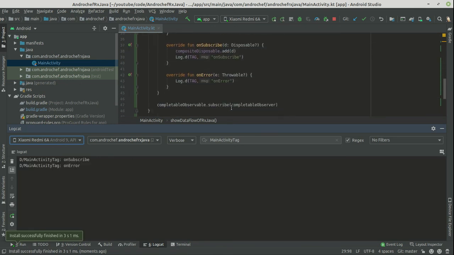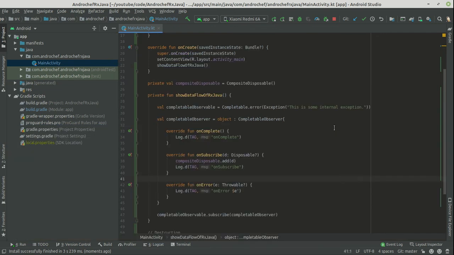Okay, on error is not printing. We haven't included the object. Now we will run again. As you can see, on subscribe got invoked and on error got invoked, and the exception is, this is some internal exception. So that is how completable works.